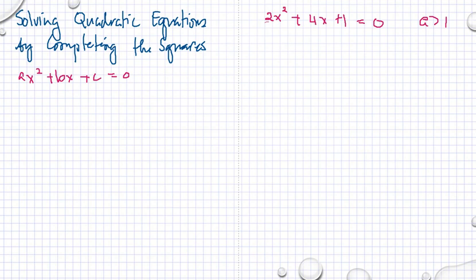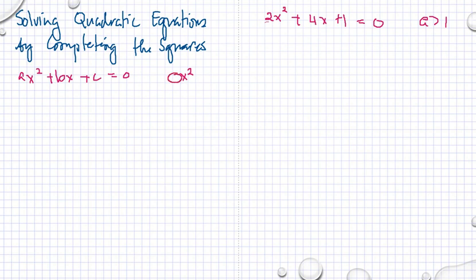And one of the ways of solving quadratic equations is completing the squares. It is one of my favorite because I don't need to memorize a formula. I need to just remember the process, and I am very good at remembering the process. That's the reason why. First step is that we're going to make the numerical coefficient of